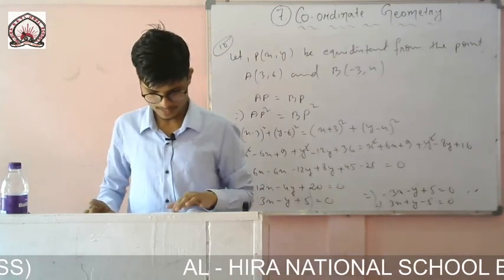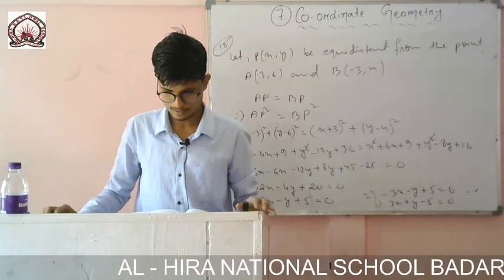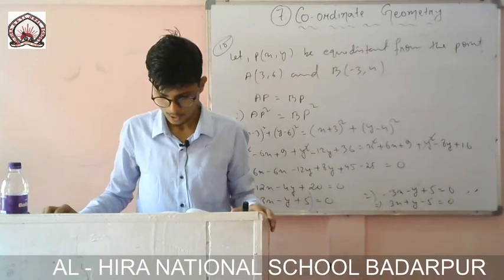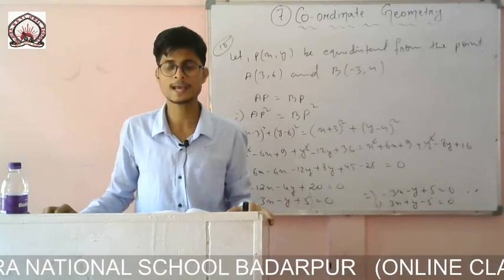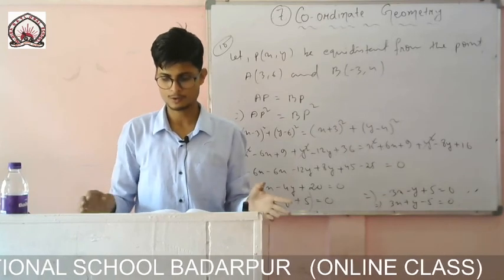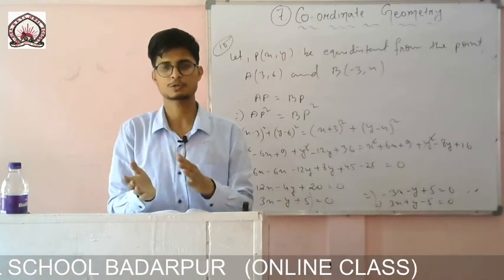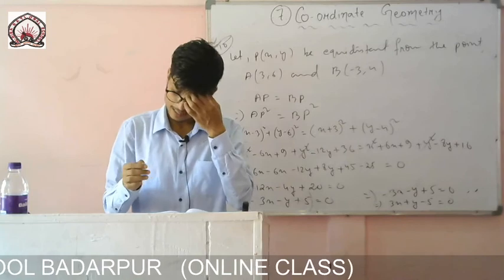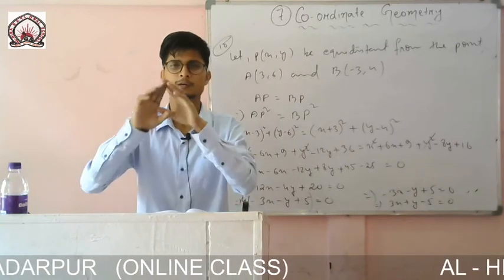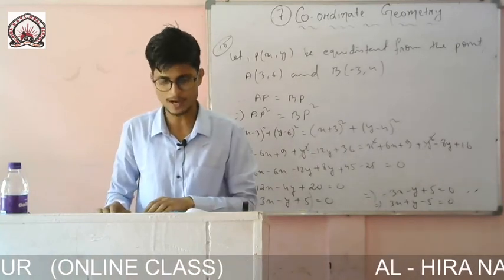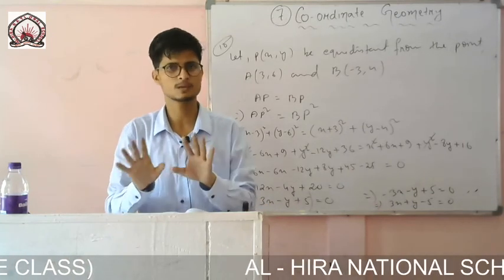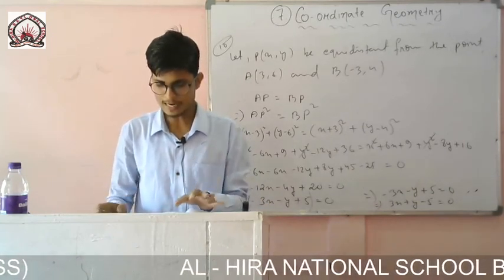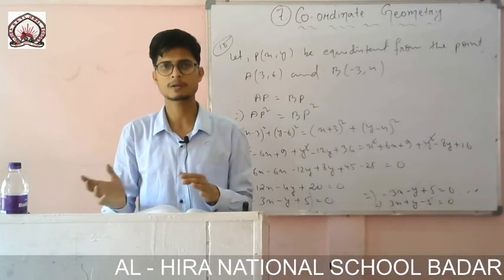The last one is example number 1. You see on page number 183 it is there. Do the points form a triangle? If so, name the type of triangle formed. Like earlier, you just go on finding the 3 sides. The vertices of the triangle are given, you find one by one: PQ you find, then QR, then PR. You will find the 3 sides. After that, if 2 sides are equal, then I can say isosceles.